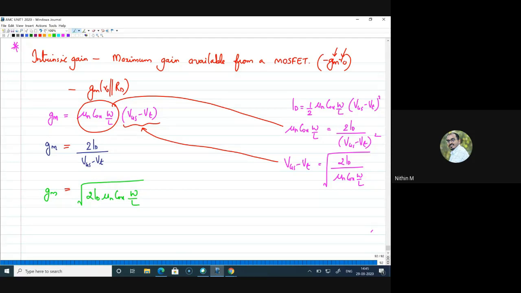Is this clear? Can I get a response in the chat box? Is this clear? Please, from everyone, or else if you have doubts, please ask. I can clarify it right now. So all these formulas are used whenever required. You are supposed to remember these formulas. Remembering is easy, I guess, or you can remember one formula and always derive the other two.